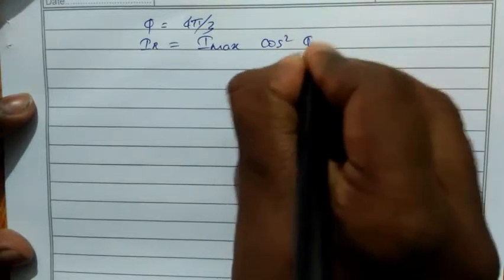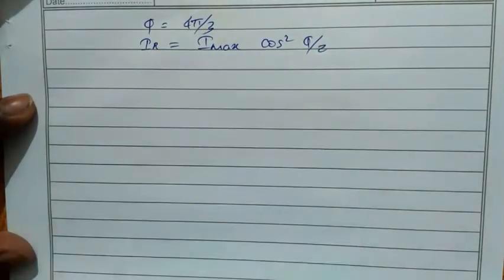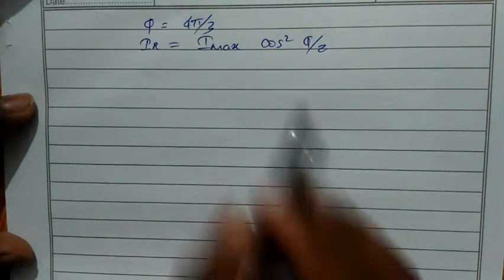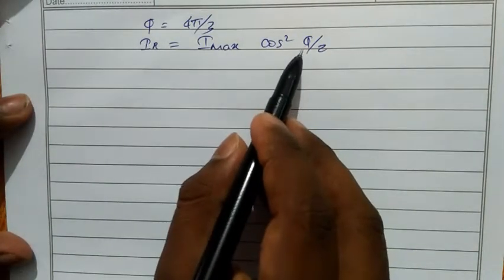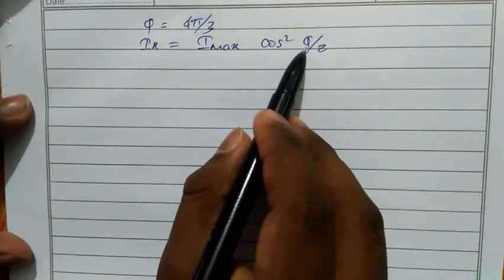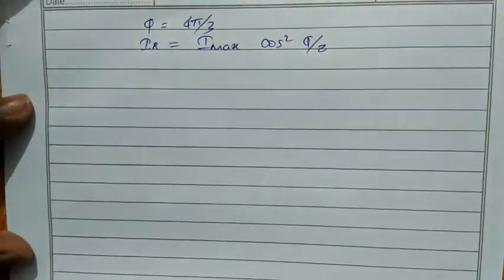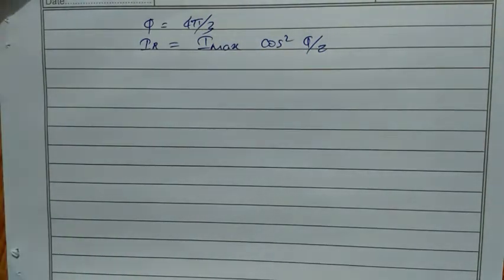The next step, the final step, I and I max formula. So I equal to I max cos square phi by 2. This is the only way to get intensity. For that we have to get phi. For that we have to compare the path difference with this phi. For that we have to change tan theta as sin theta. Then only we can compare d sin theta equal to del x.